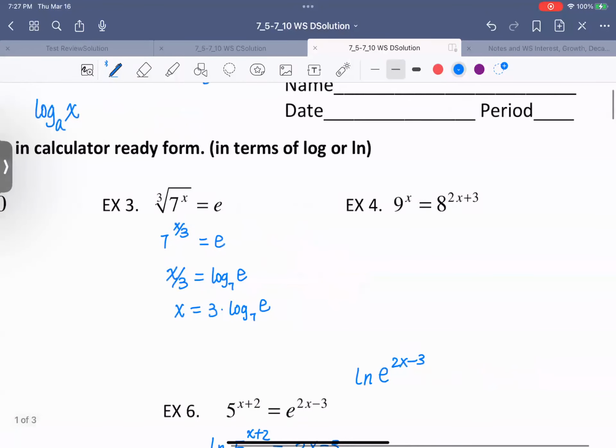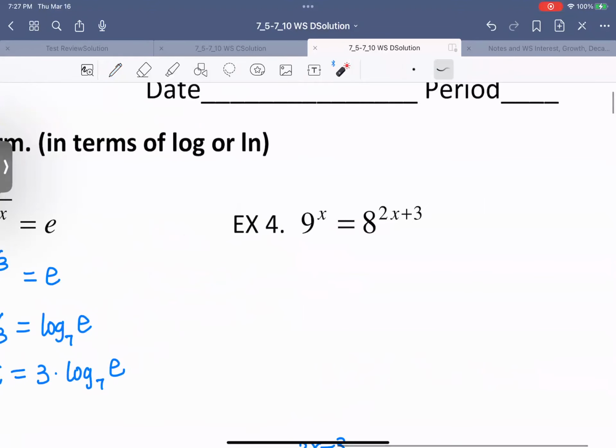But for example 4, you have x here, and you have x here. You won't be able to solve for x easily. So you will do a natural log, or you will do the log base 10 for both sides. That means if you do natural log,